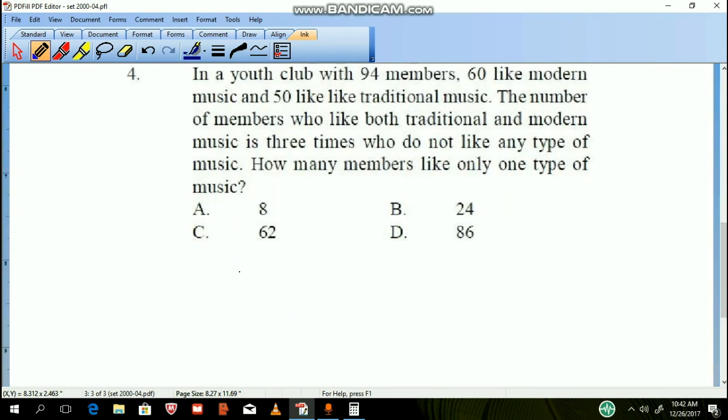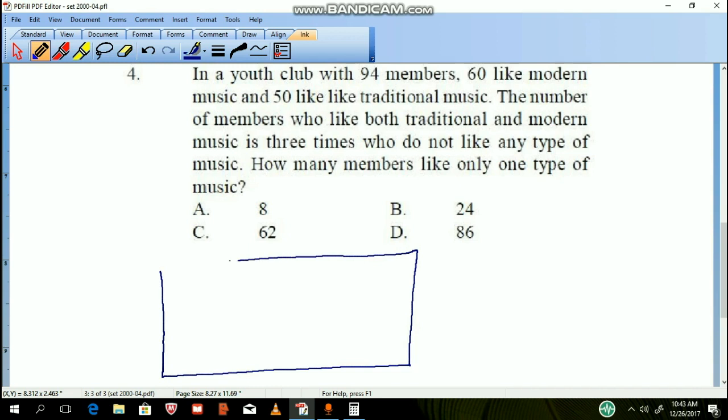Next, a club with 94 members. 60 like modern music. So let's do the Venn diagram. Modern music is 60,